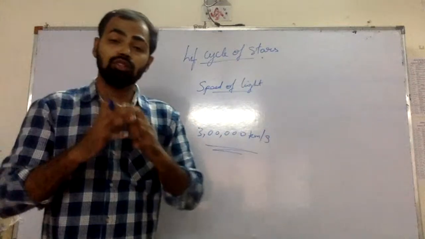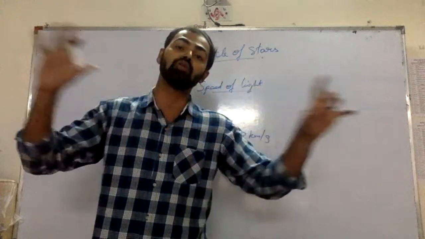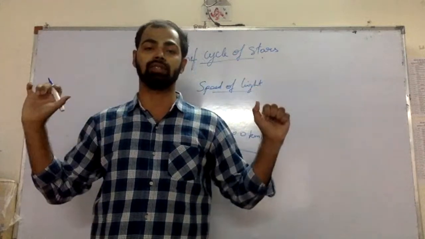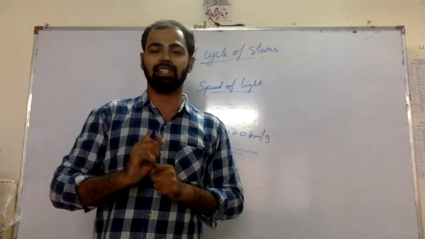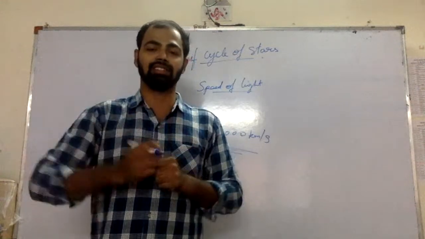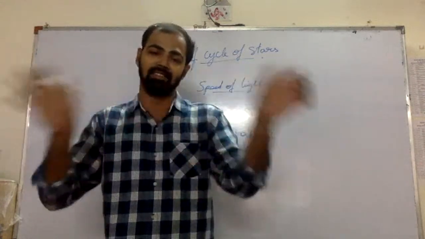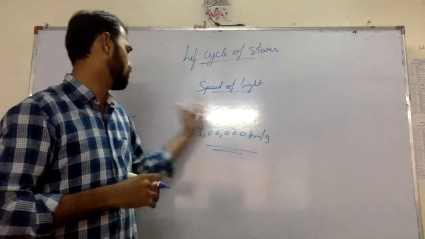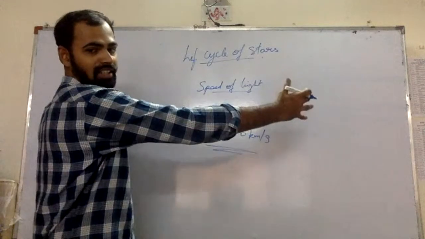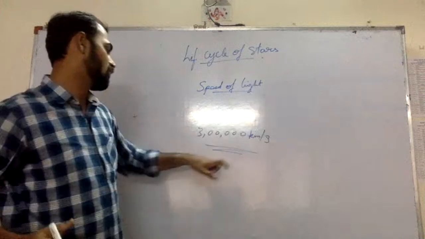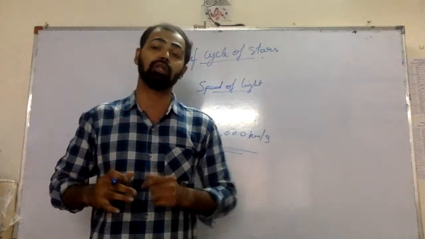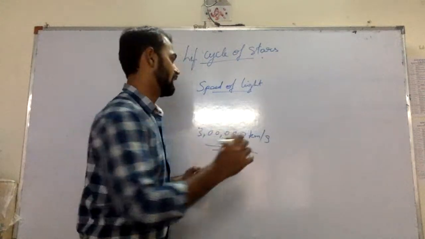Now, the universe is so vast, so huge, very much huge and very much vast. We cannot measure it with meters, kilometers, miles, or yards, anything. It is not possible. Even the board cannot take up all those zeros. So we will just mention it with respect to light years. We call it light years.